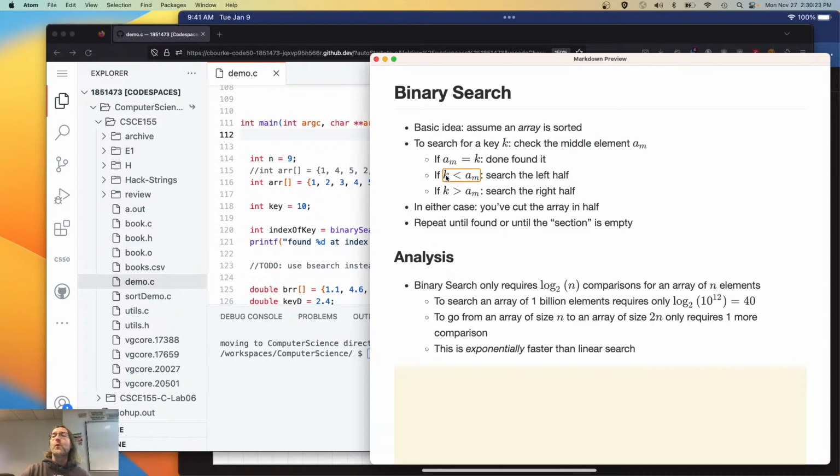Otherwise, if the thing that you're searching for, k, the key, is less than that, then because it is sorted, you know that it lies in the first half, the left half of the array. Otherwise, if k is greater, then you need to only search in the right half. In either case, you've cut the array in half each and every single time. So if you have 1,000,000 elements, then you cut it down to 500,000 elements with one comparison. You cut 500,000 elements into 250,000 elements with just two comparisons. And basically, you are able to get away with only a logarithmic number of comparisons, which is exponentially faster